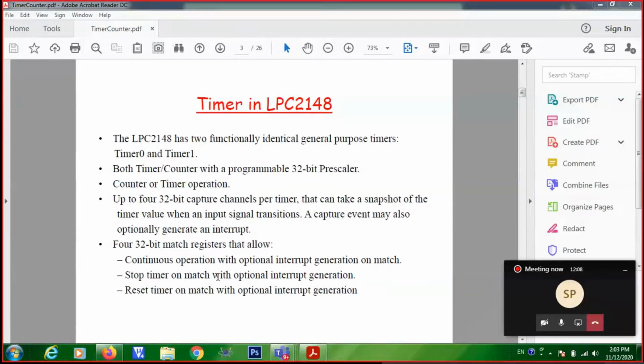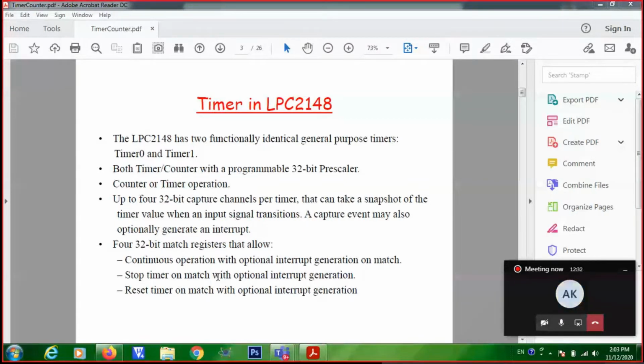That is known as timer mode of operation. Let us take that when the timer counter increments once, it takes 1 millisecond. That is known as the resolution of the timer.